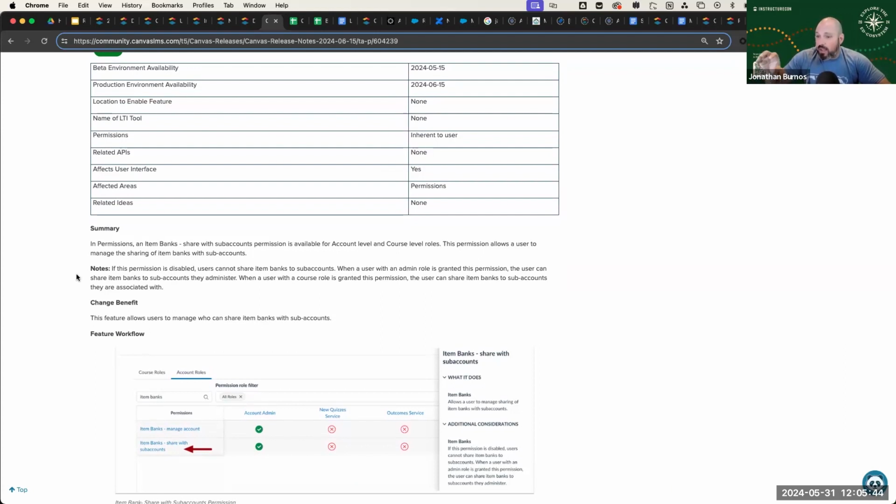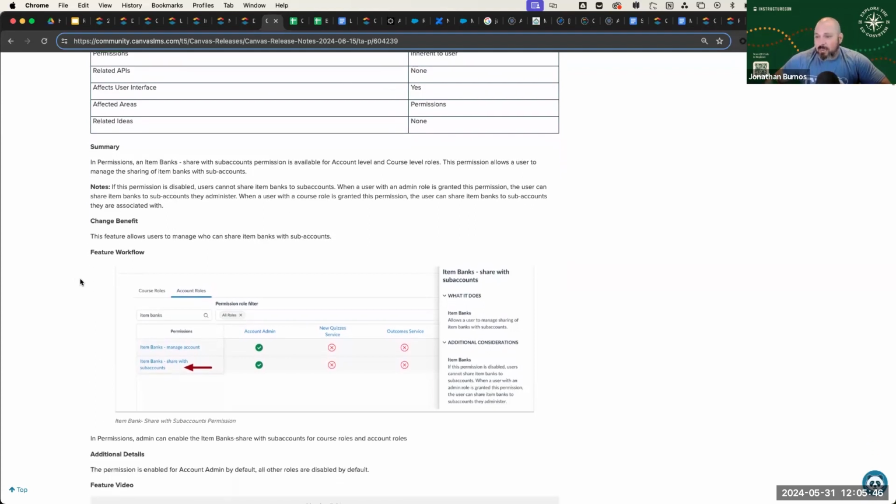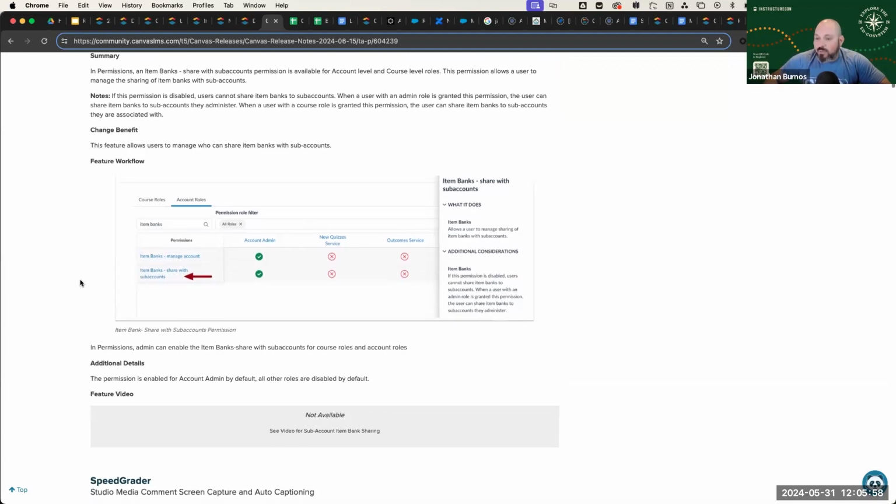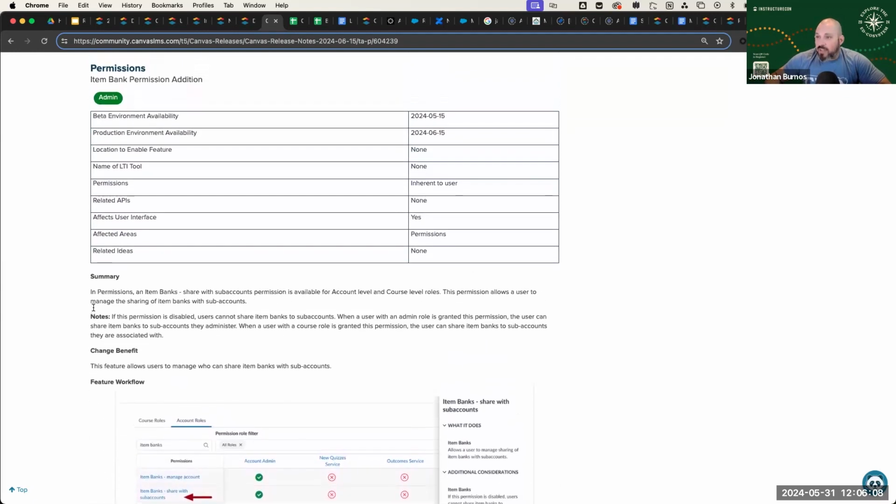And so we've got some workflow for this. Again, everything's tied to this permissions first. There's some other enhancements within the release notes this month that are tied to that permission. So you have to enable the permission in order to do this with sub accounts and sharing item banks. Got some workflow here and some images on how to enable that. You'll find this in permissions. It's item banks manage account, item banks share with sub accounts is the primary here for this particular enhancement. So this is just kind of a needed and requested feature for item banks within new quizzes. Now it's to be able to share these and move these into some of the sub accounts